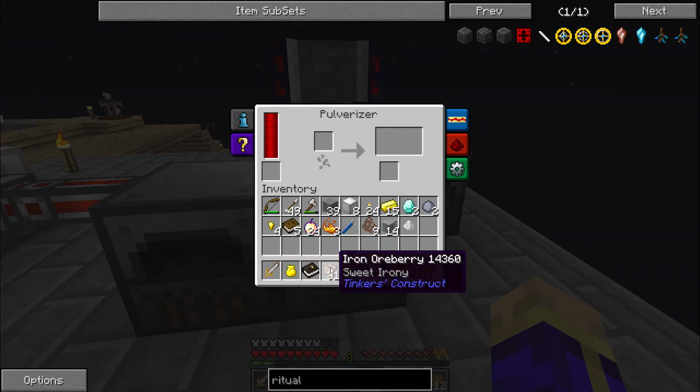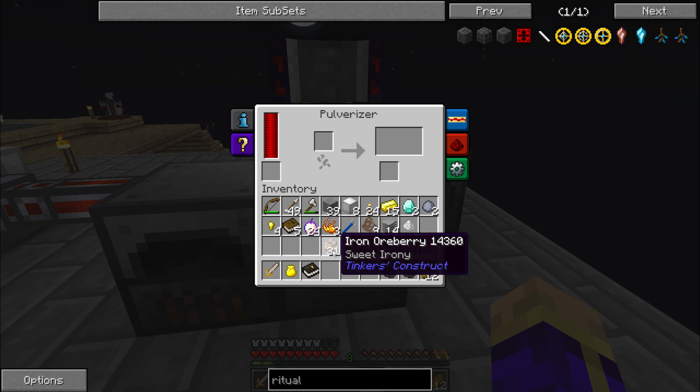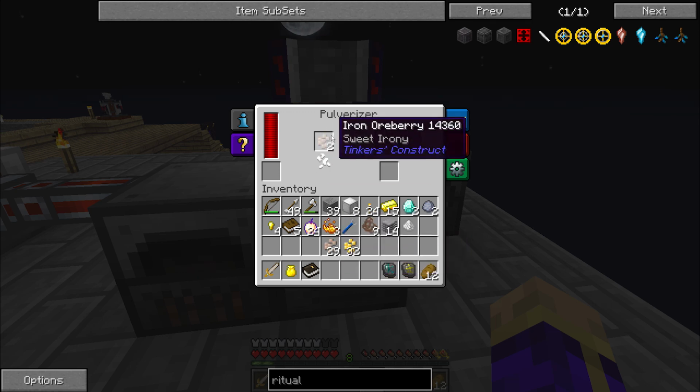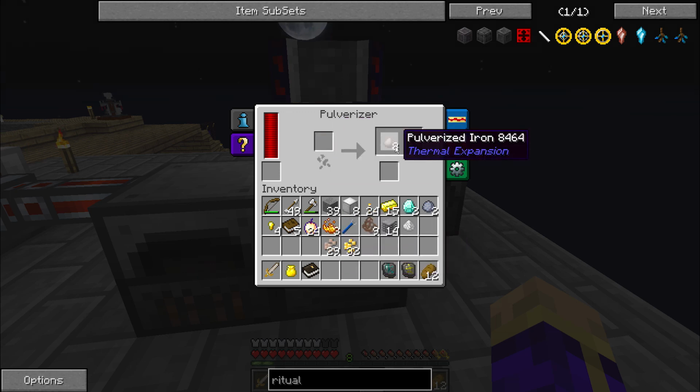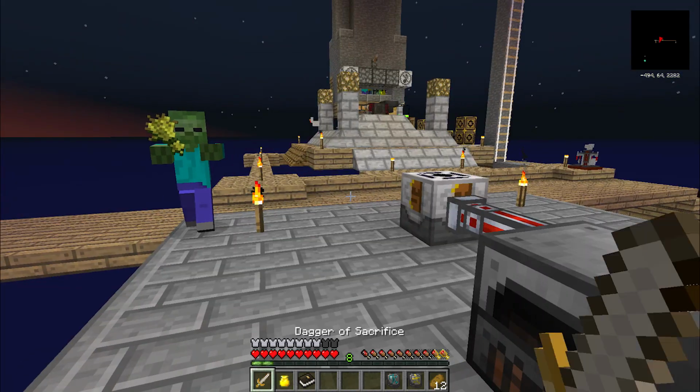And that requires the use of the pulverizer and some ore berries. Not really requires, but it certainly makes life easier. If you throw an ore berry and a pulverizer in this pack, you double your ores. So you get 4 ingots per ore berry instead of 2. Which is important, because it also gets you your...